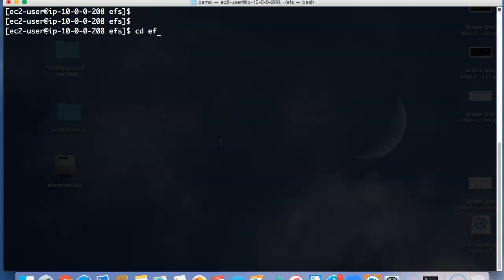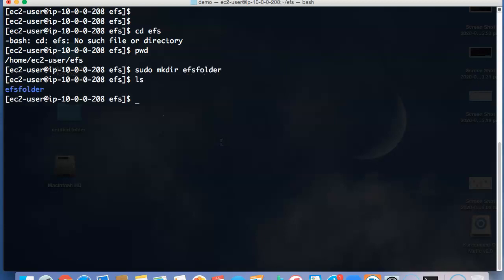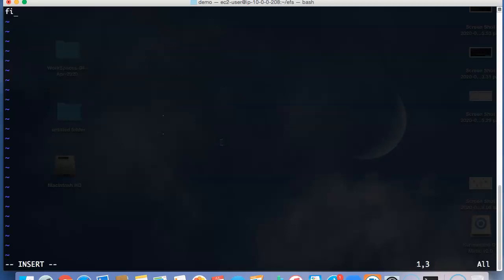So let me go to my EFS folder. I'm already inside the EFS folder and I'm going to say sudo mkdir EFS folder. And I can make any file over here, sudo vim index.html file inside my EFS.